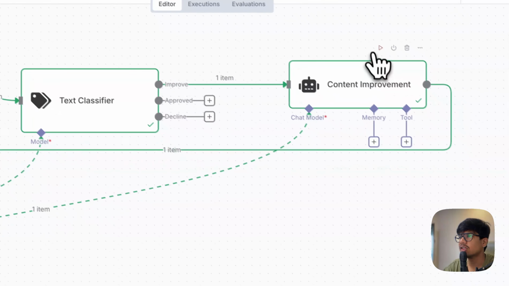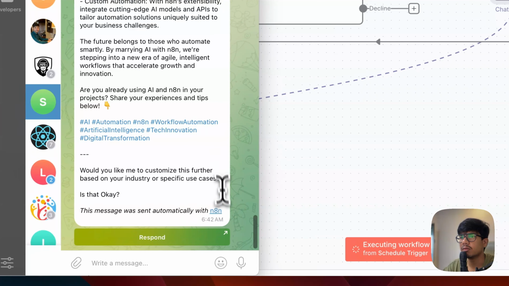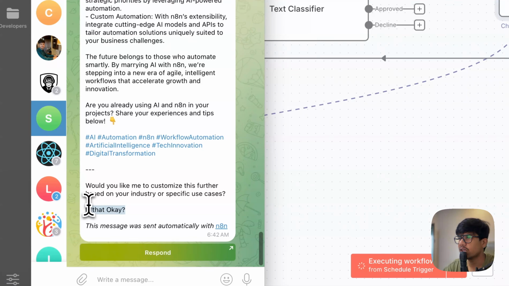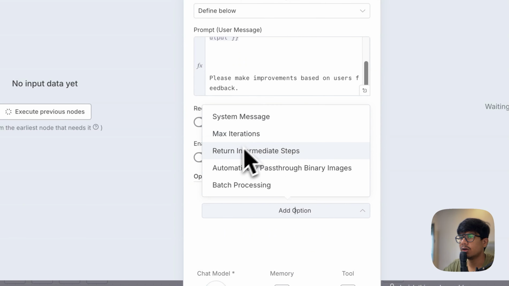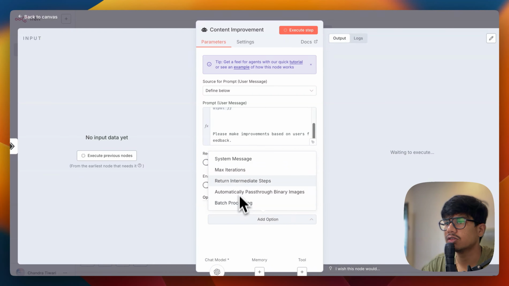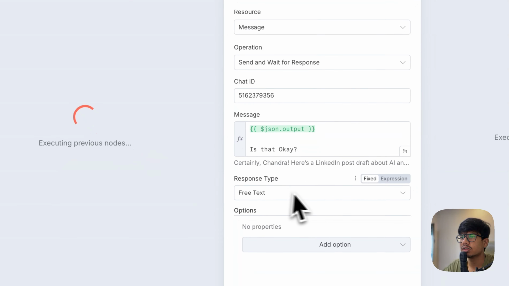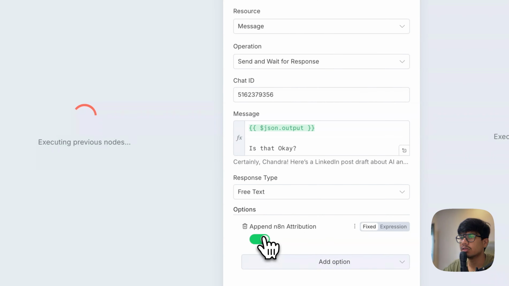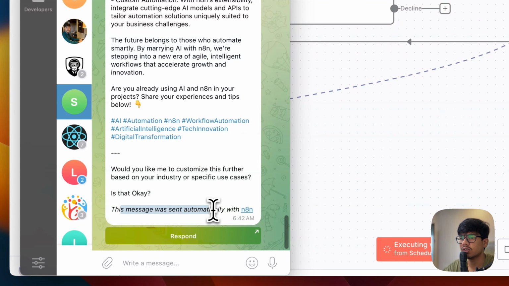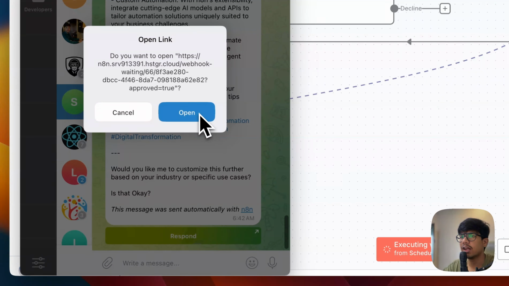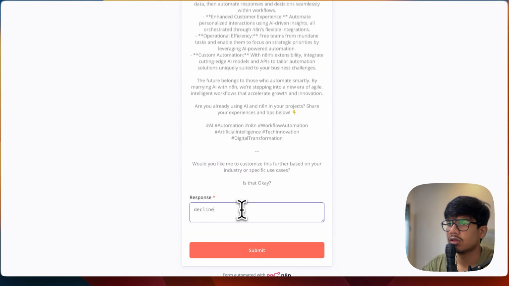Okay. So if I just click on this button, it is going to content, and it is going to share me back to my Telegram bot, and it's just going to ask, is that okay or not? Sorry, no, in the Telegram I have to remove the append process, this one. What I did, I just removed this process right here. Okay, you can just respond, I liked it, or I say decline the process